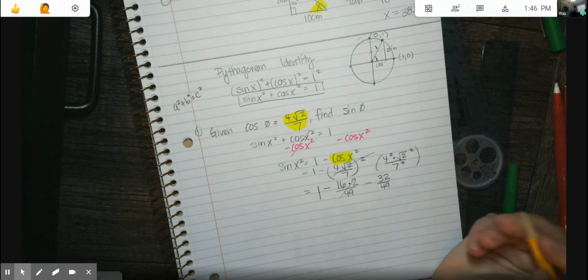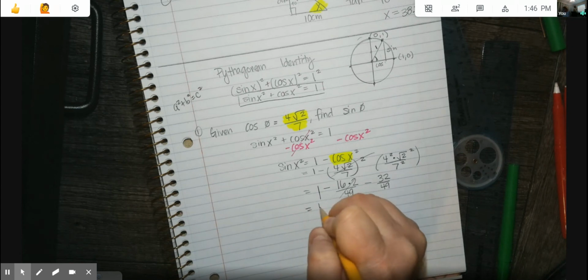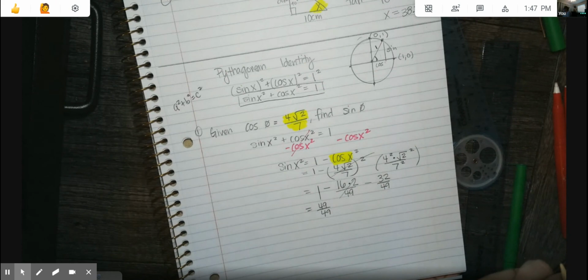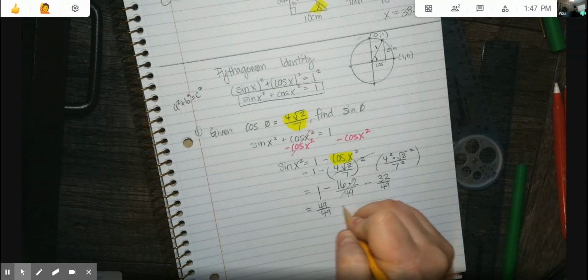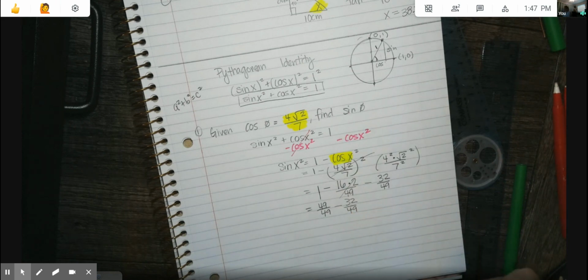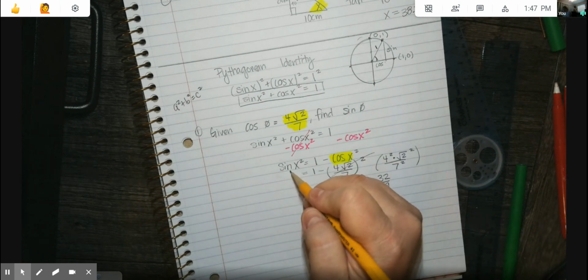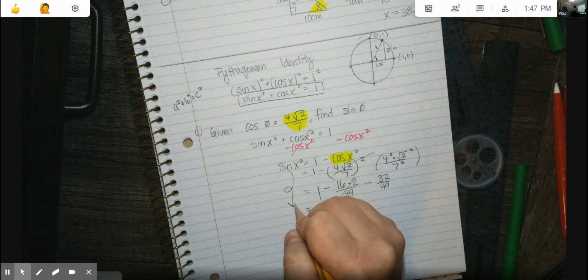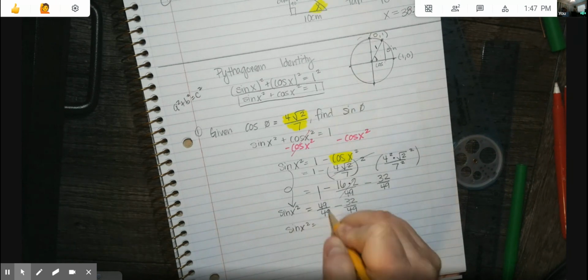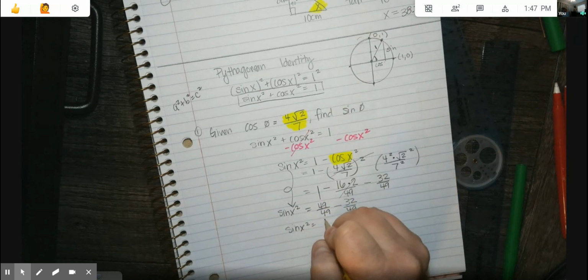That's a bit of a mess. But wouldn't you agree if I told you that 49 over 49 just equals 1? 49 over 49 minus 32 over 49 is a much cleaner problem. And don't forget to bring this guy down. We're still solving for sine of x squared. So sine of x squared is now equal to 49 minus 32 is 17